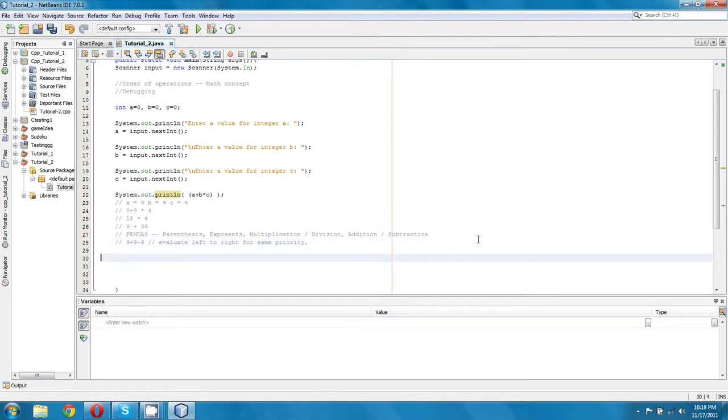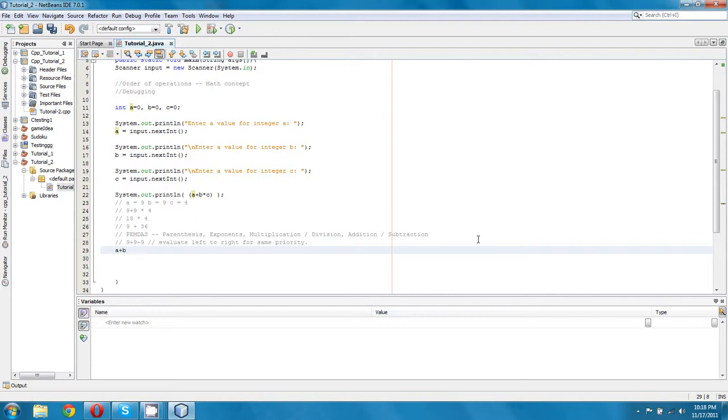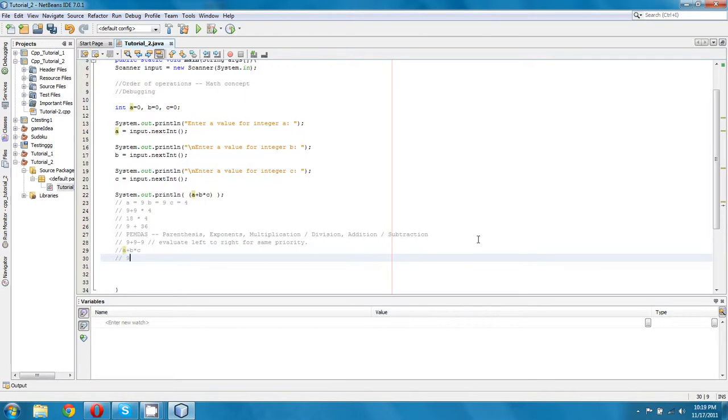So in the example above, where we have a plus b multiplied by c, what that actually means is we're going to be doing 9 plus 9 times 4. And if we put it in parentheses like that, it makes a lot more sense. So what we should be expecting is 9 times 4 is 36, plus 9 equals 45. So when we give this a run,